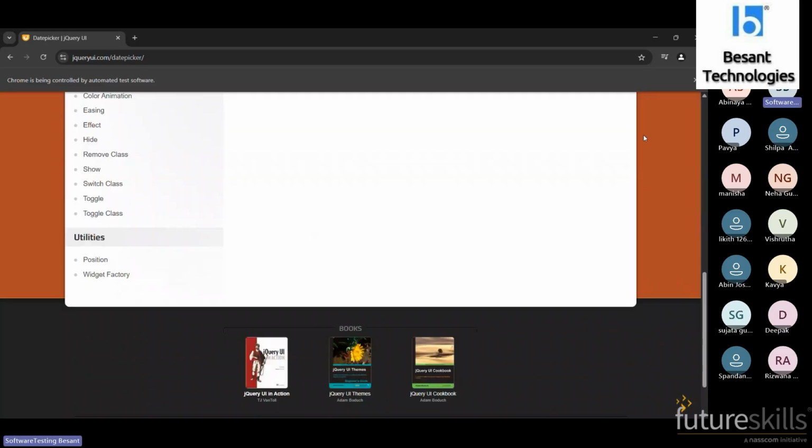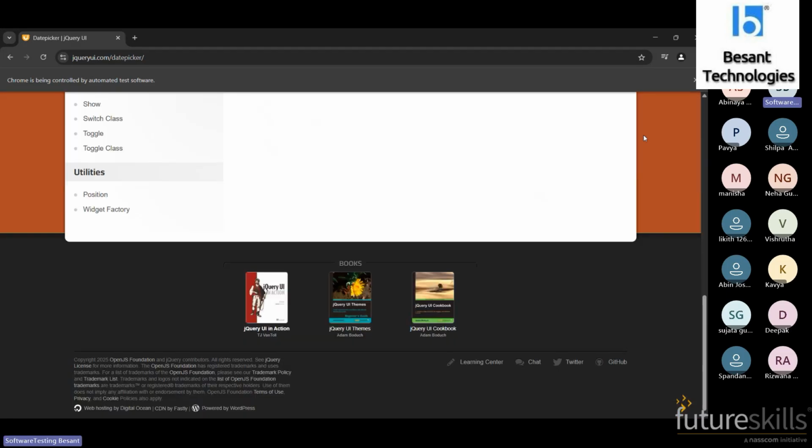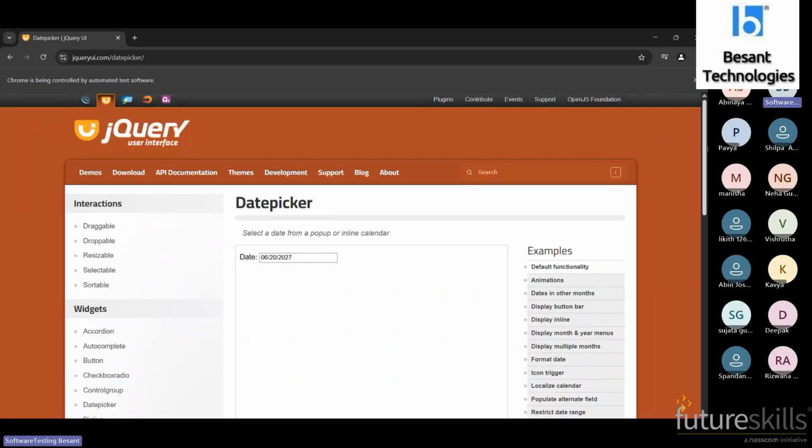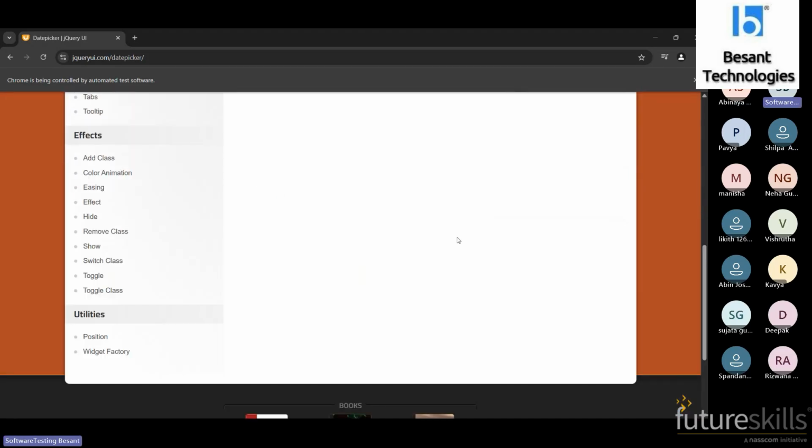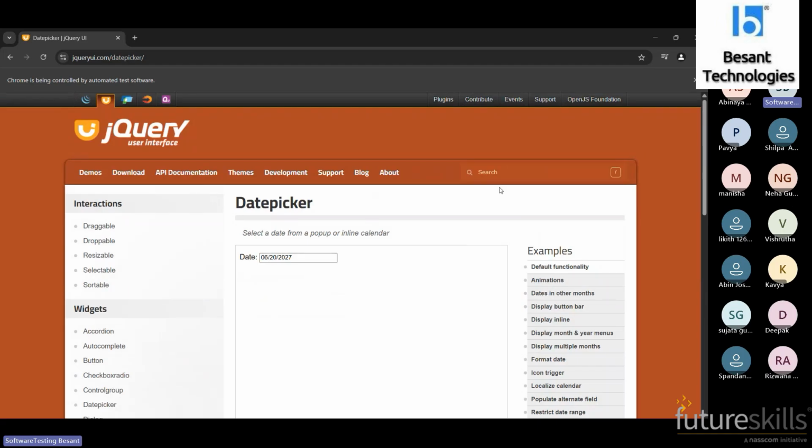So instead of automating the scroll bar, we can use the page down key, pressing the page down button to make the web page scroll down. These kinds of things we will be giving as input, so these are called action chains.